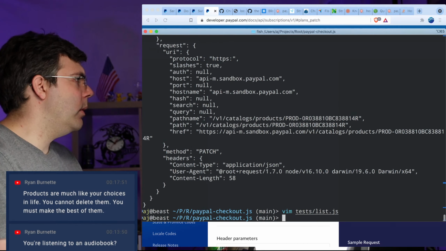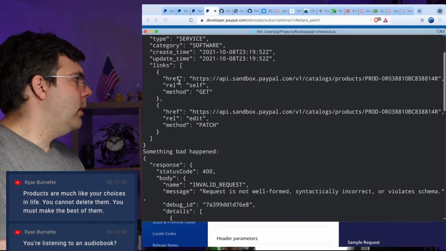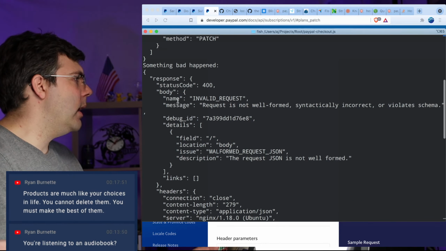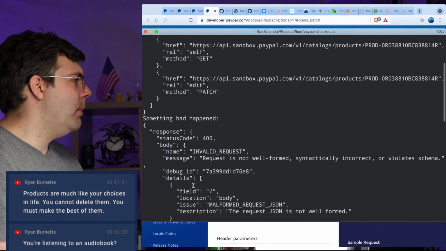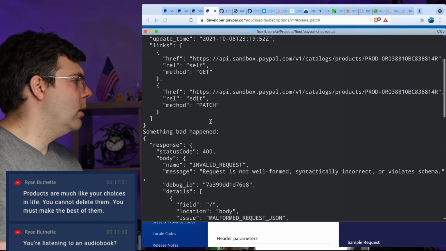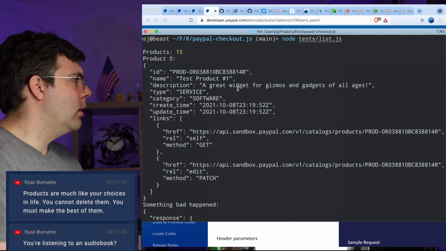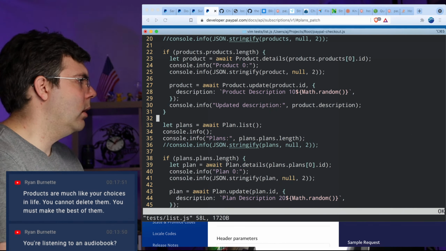And wait, which one was this for? Let me run this again and just check and see. So product. So it doesn't like how I tried to update the product. So something bad happened. Requested not well formed. So I probably had a typo.